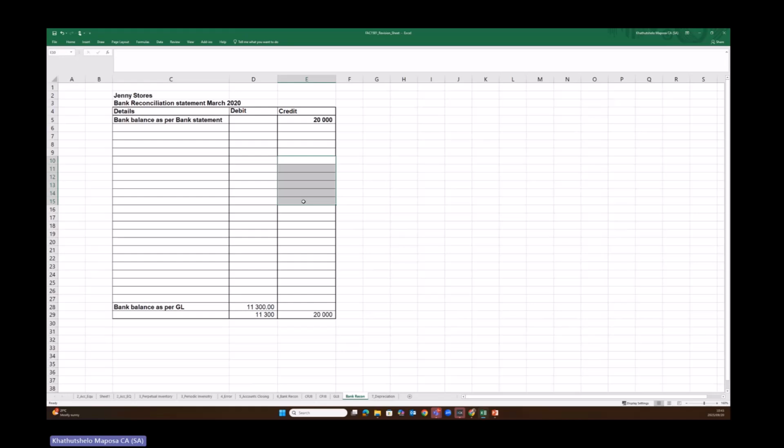Let me put it this way. Bank reconciliation statement, it's almost like we are rewriting our bank statement. So if it's the bank that made an error, we will record it in the bank reconciliation statement. And again, whether items are going to